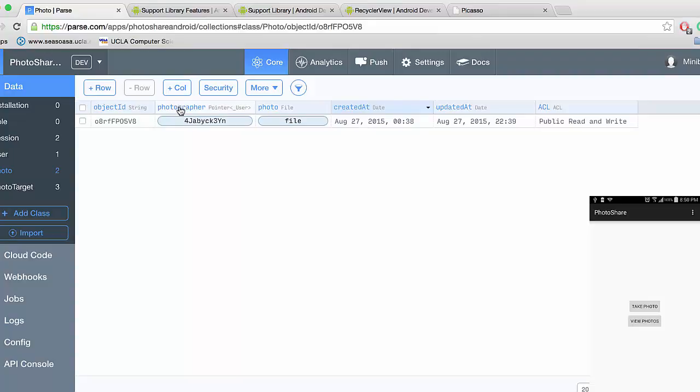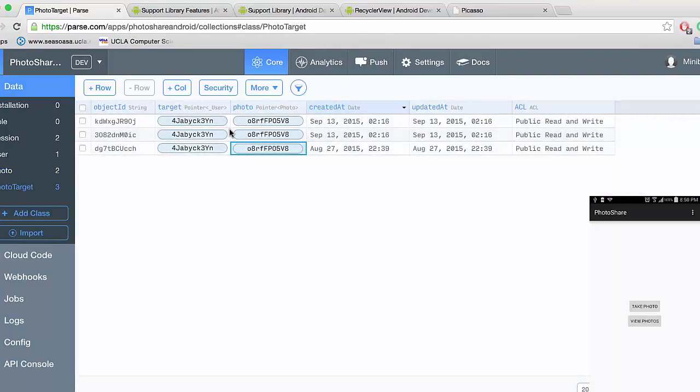This photo object might contain lots of data, and so whenever you're fetching the PhotoTargets, you might not actually need all of that content. You might just want this reference in case you sometimes want that data, right? So if you get this object ID, then you can fetch the photo if you want. But you don't want to actually pass in every photo for every photo target if you're fetching several of these